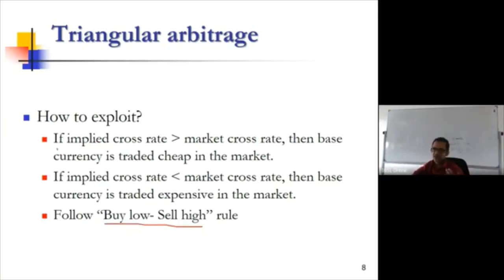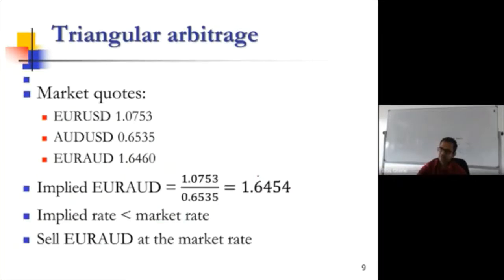So in this cross rate example, if the implied cross rate is greater than the market cross rate, that means the implied cross rate is expensive, the market cross rate is cheap. So then the base currency is cheap in the market. On the other hand, if the implied cross rate is less than the market cross rate, then the base currency is traded expensive in the market. So wherever it is expensive, you sell there and buy from the other market. But here the problem you have is, what is the other market? Because the market is quoted